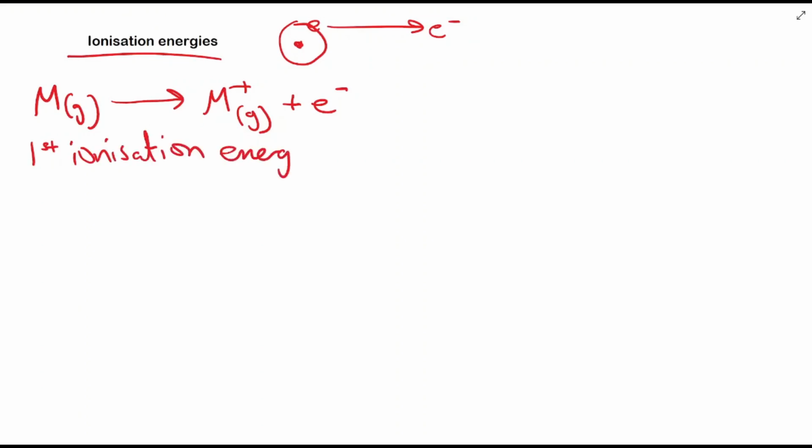And the reason we say that is because it's the first electron that we're moving. So the outermost electron is being lost here. So we start with the outermost electron and we can lose successive electrons. And we can define this as the energy needed